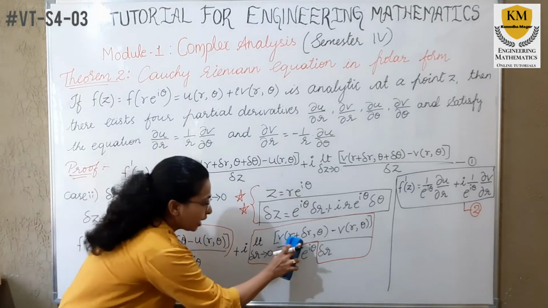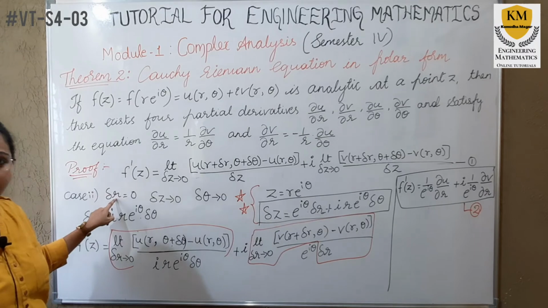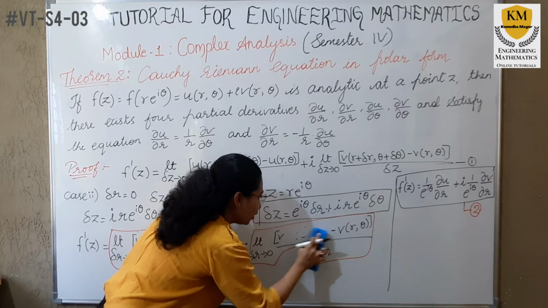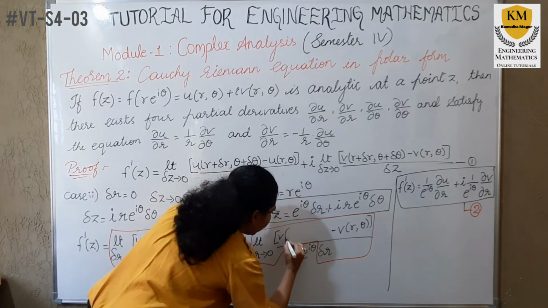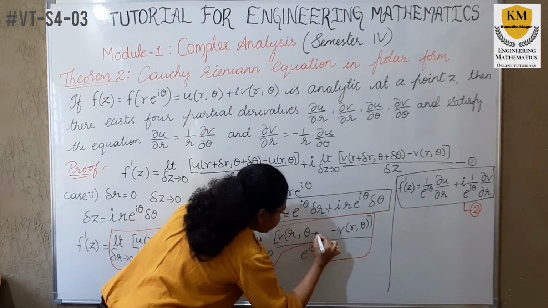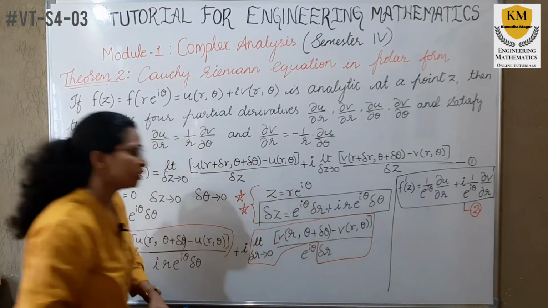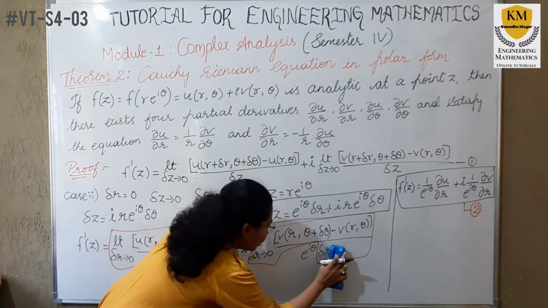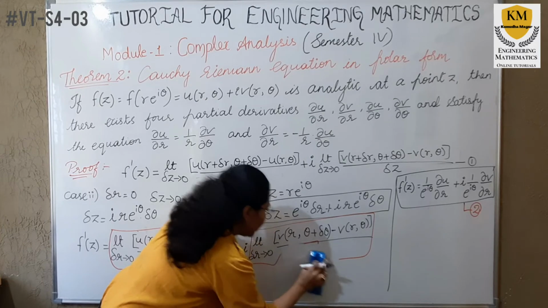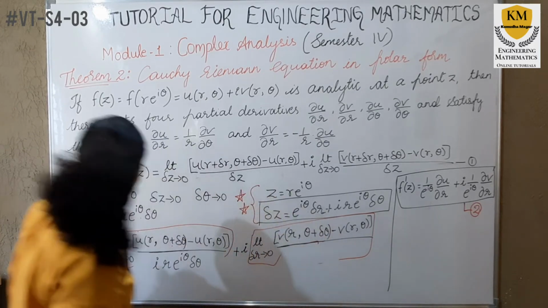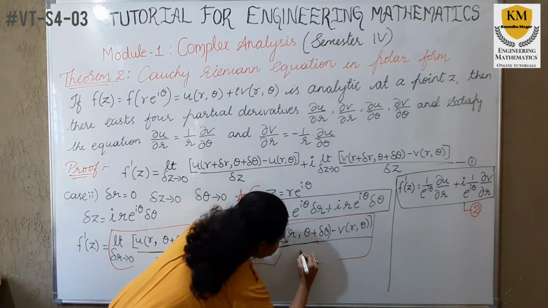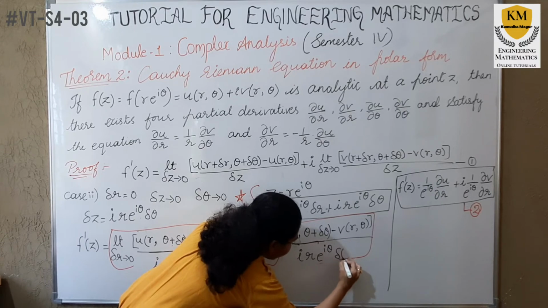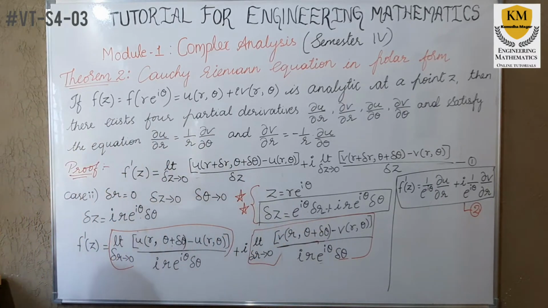Here, as del r is equal to 0, this is the second case we consider. Here I am just going to change from r plus del r into r comma theta plus del theta. The rest of the things will carry forward as it is, whereas when it comes to del z, here I should change. What we got for del z is i into r into e to the power of i theta into del theta. This is what we got.